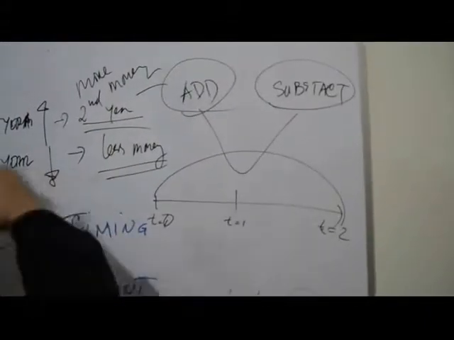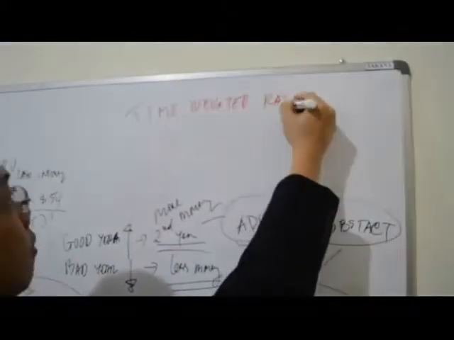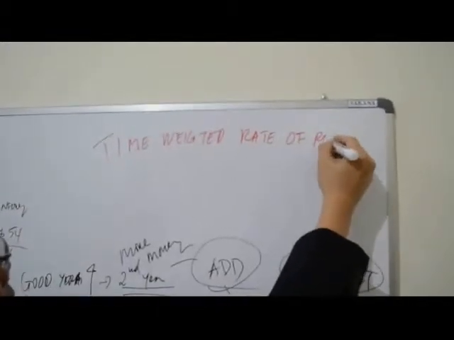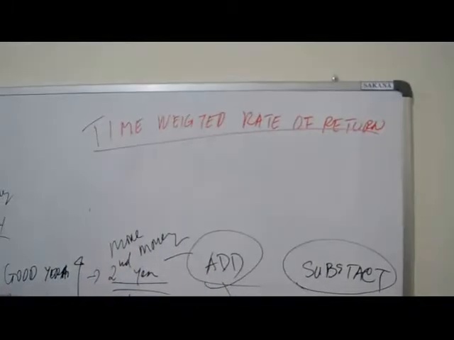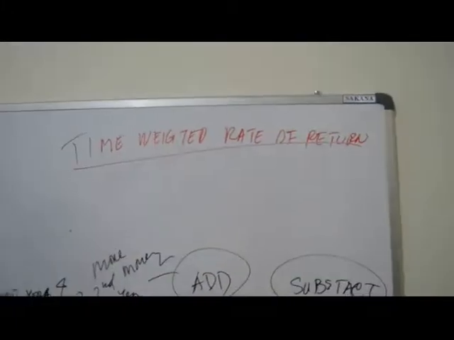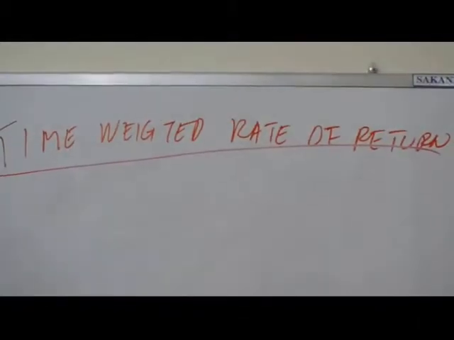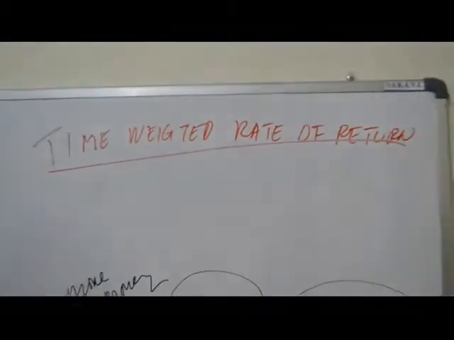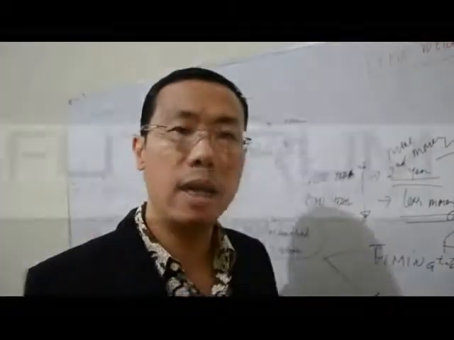It's called time-weighted rate of return. Okay, this concept is saying, all right, forget it. How much money you put there? How much stock that you have? How many shares that you're holding? You just focus on each period's rate of return, and then you just